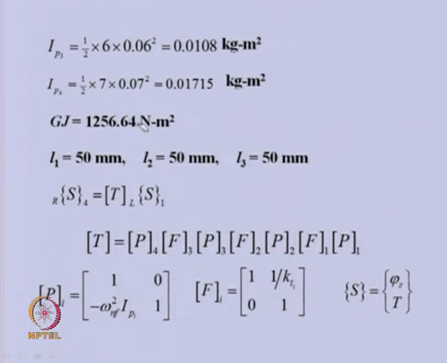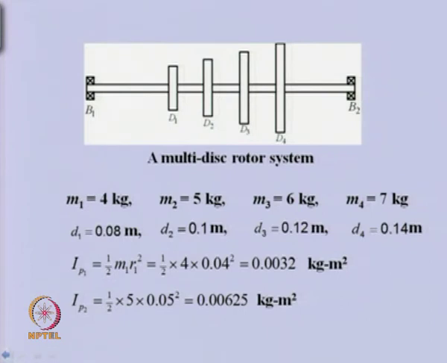Other geometrical parameters can be obtained, like J equals pi by 32 d to the power 4, where the diameter we know. Various shaft segment lengths are given here. So, basically, because this is freely supported and we are neglecting the mass of the shaft, the inertia